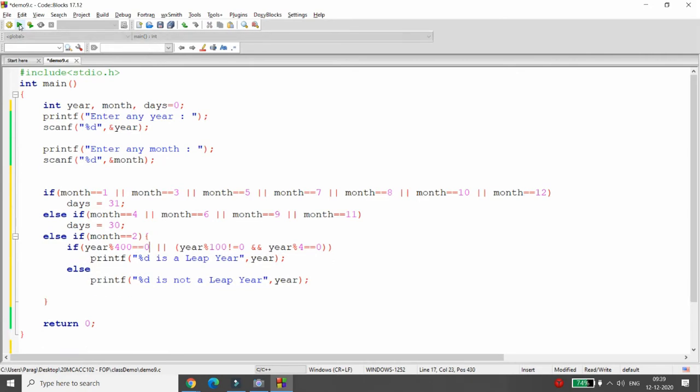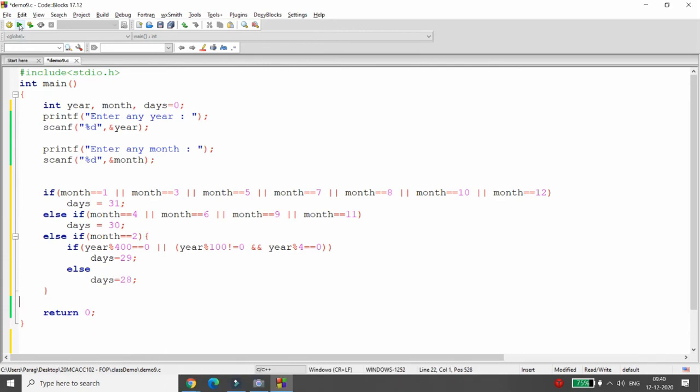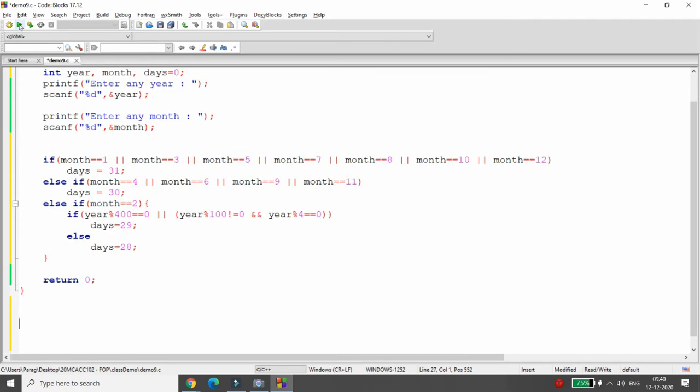If month equal to 2 and it is a leap year, then I will assign days is equal to 29. And else if month equal to 2 but this condition is not true, then you can say days is equal to 28. This is all about all the months.